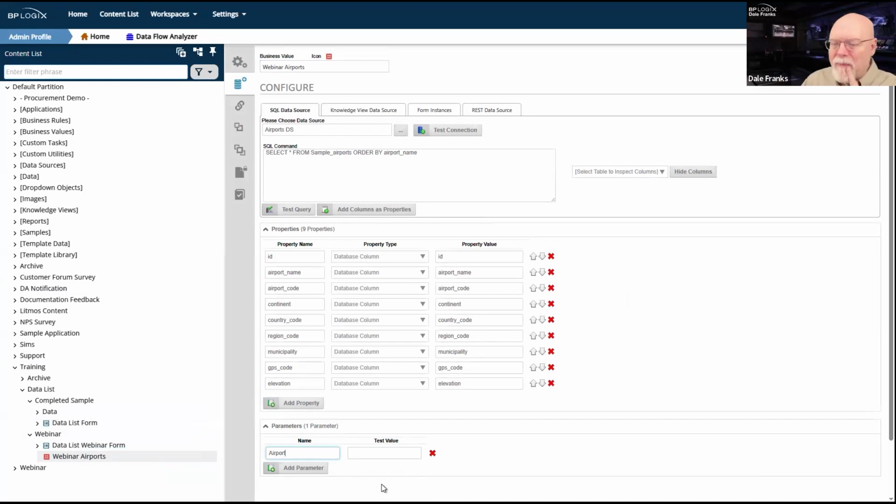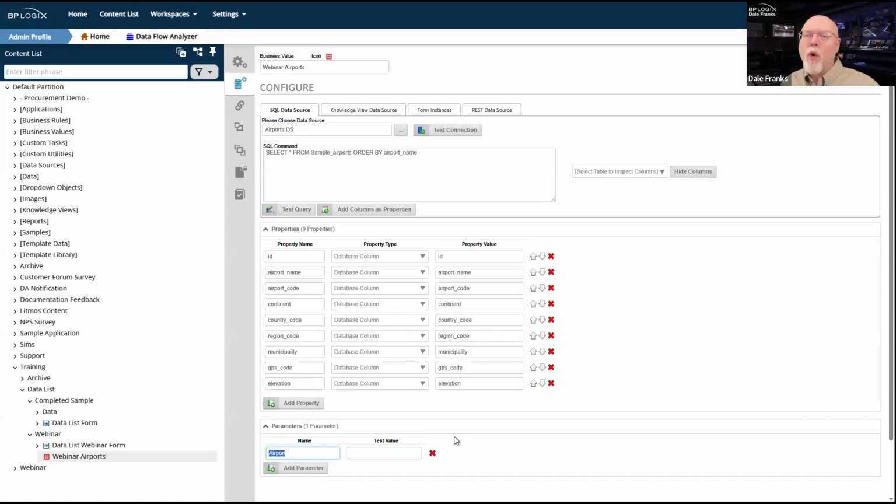Actually, you know what? Yeah, I'll use airport as a parameter now, because it's basically to search an airport name. You know, we're not going to use airport. We're going to do it a little bit different here. We're going to set up a parameter to pull airports from a particular country.